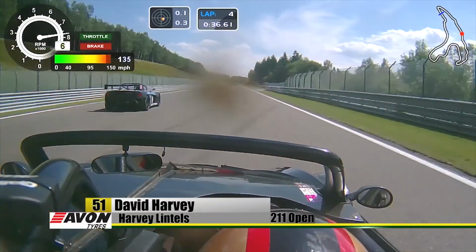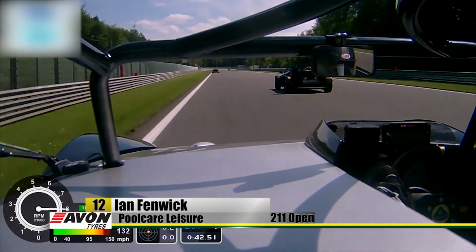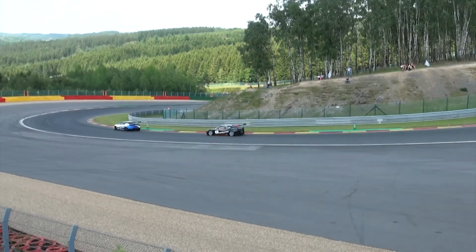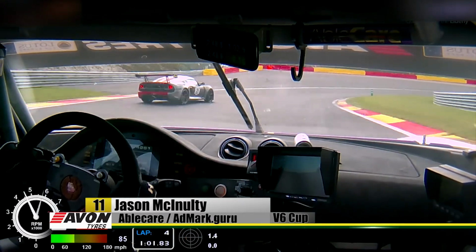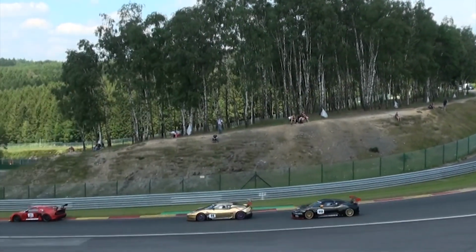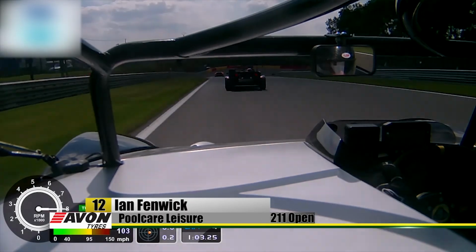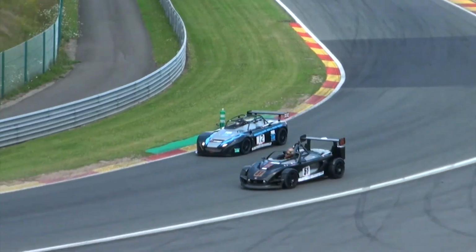Dave Harvey is going to make a move here and manages to pass Ian Fennick, so great move by Dave Harvey, 4 wins here at Spa over the years in Lotus Cup Europe. Dave Harvey running in the 211 Open category. Jason McAnulty makes the dive on the inside line of Steve Williams to take 4th position. McAnulty is now 4th. Steve Williams is in 5th place. Ian Fennick trying to get back on Dave Harvey, who goes wide